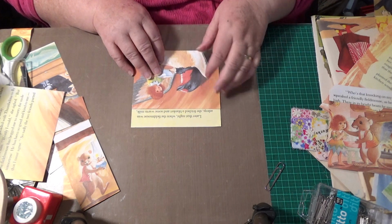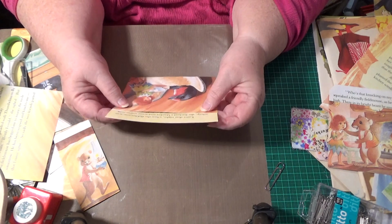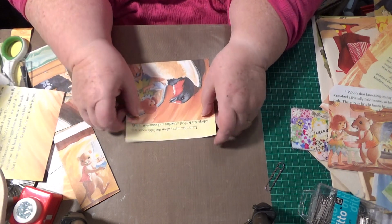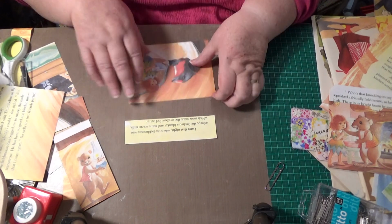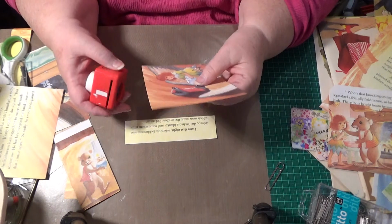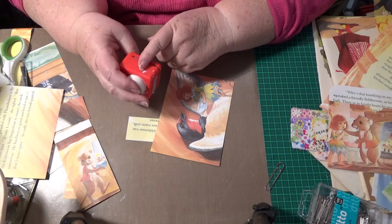How about, she fetched a blanket and some warm milk. How about that? We won't have that bit there. Is that okay? Anyway, so I'm going to get this 1-inch punch, and I have a piece of tape